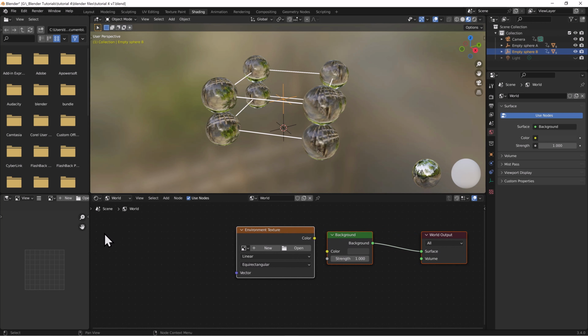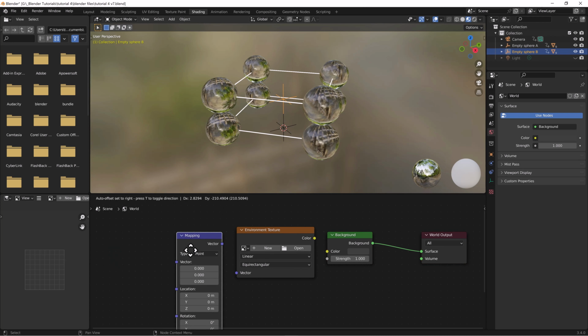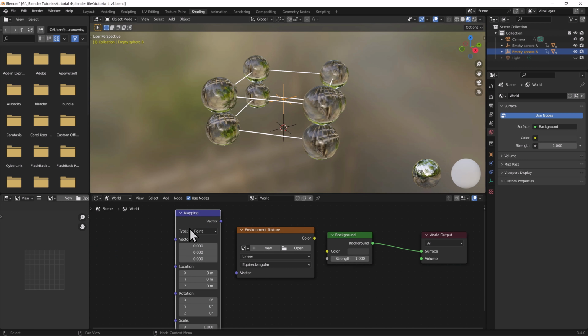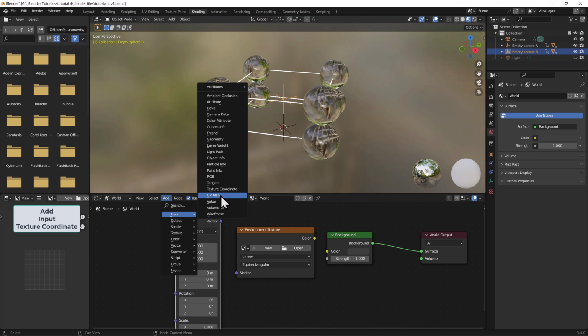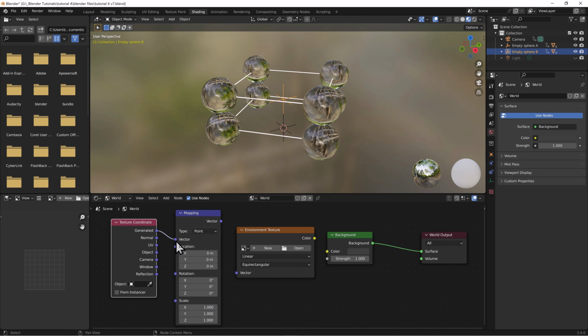I'm adding 2 more modules on the left. So add, search, and what you're going to search for is mapping. Click on that, drag that into place. And the next one, you're going to add input texture coordinate. Put that over there on the left. Connect generated to vector, vector to vector,